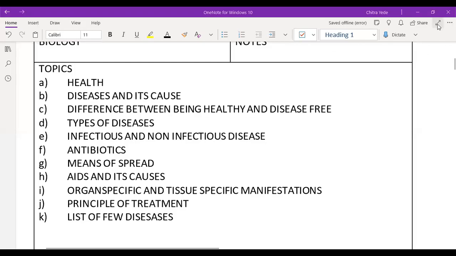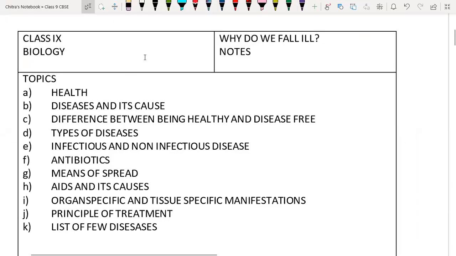Hello everyone. Today we are going to revise our next chapter, which is "Why Do We Fall Ill". It is from biology. So in this topic we're going to cover what is health, what are diseases and their causes, the difference between the